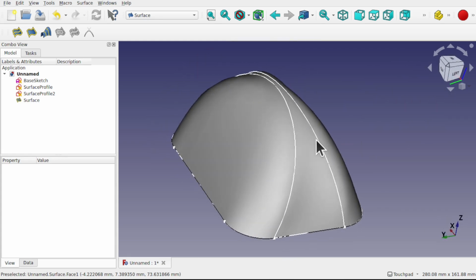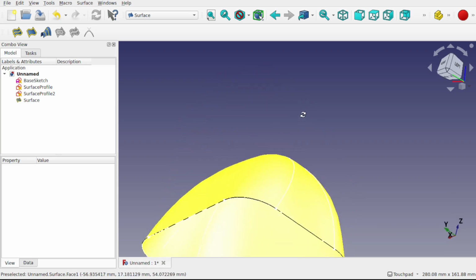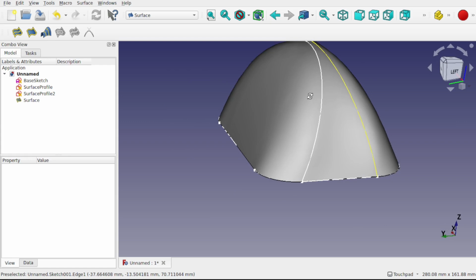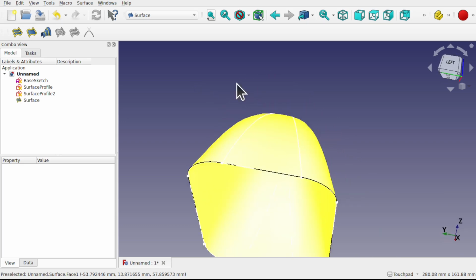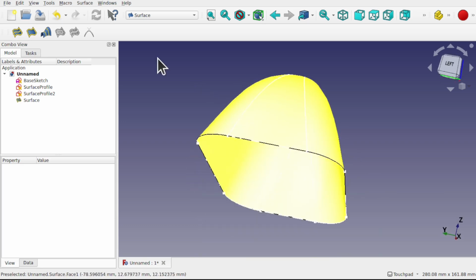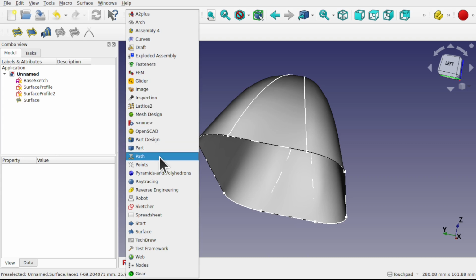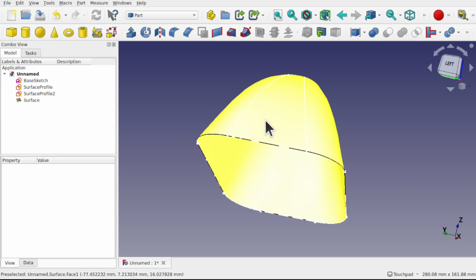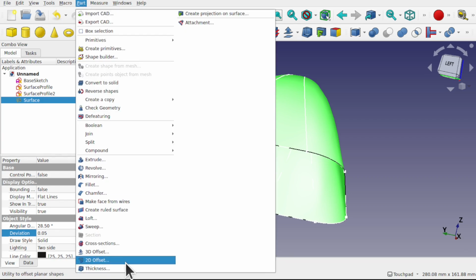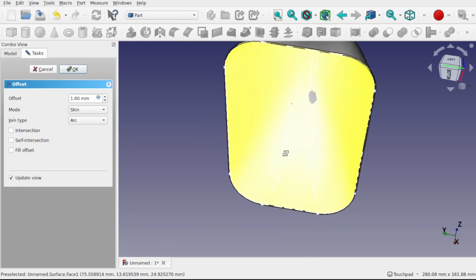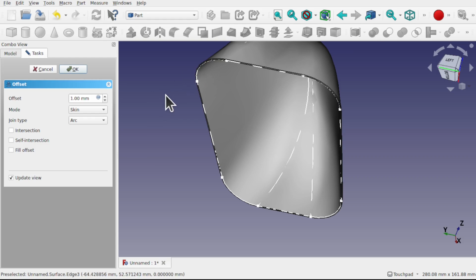Now when it comes to creating a second skin for the surface, so this is the first skin, the first wall, and we want to create a solid from this, because at the moment this would be a shell, because we've only got one wall. Then we would come over to the part and use something called an offset, or part 3D offset, and you can see what's happening there. It's actually 3D offsetting it,